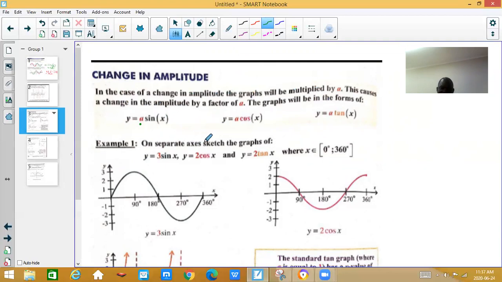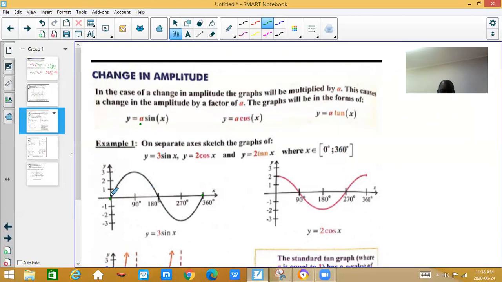On a separate axis, sketch the graphs. So if you plot this point, you are saying, if A is 0, here you are starting from 0 to 360. That is 0 to 360. You are using your calculator. If A is 3, like in this case, you are saying, all right, if A is 3, you are taking the graph,